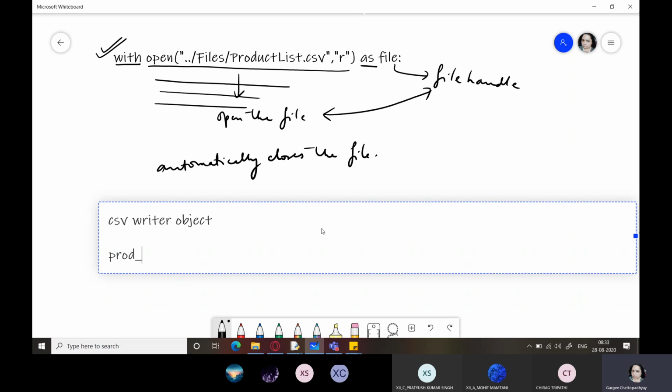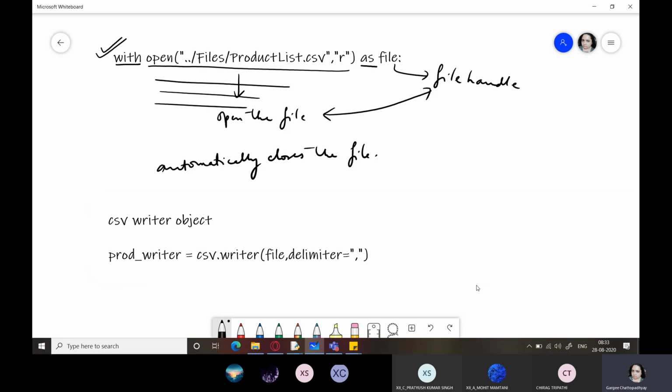For example, I write here prod writer equals CSV dot writer file comma delimiter equals comma. So the meaning of this statement is create a writer object. This prod writer is also a user defined identifier which we have given to the writer object.